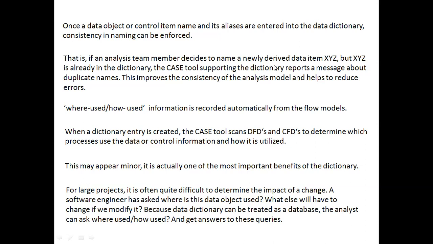Here we can use an alias for that particular data. Alias means a different name or another name, a pet name. Suppose a file already has the name XYZ. So we can give a different alias to this XYZ file, through which we can identify our file, our data, differently. Okay.